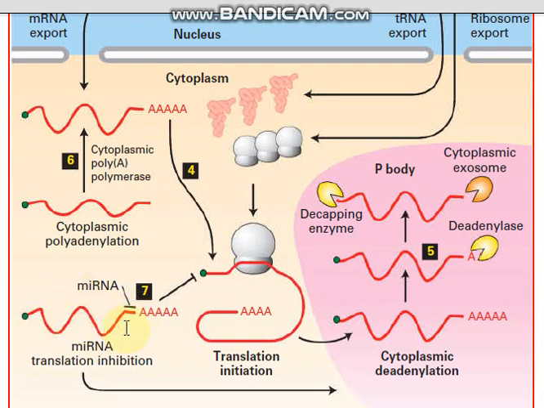mRNA is silenced. Here you can see this mRNA which has a 5 prime cap but there is no poly A tail. There are some mRNAs which are produced with this feature, without a poly A tail, then they undergo some processing where the poly A tail is added so that a normal type of mRNA is produced which has a 5 prime cap and poly A tail at the 3 prime end.